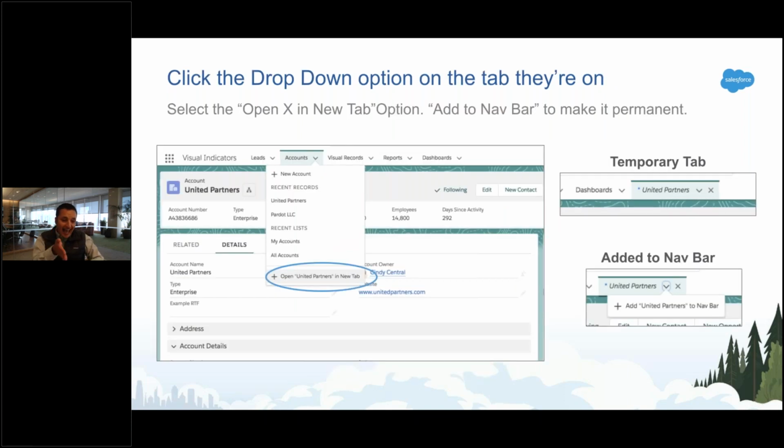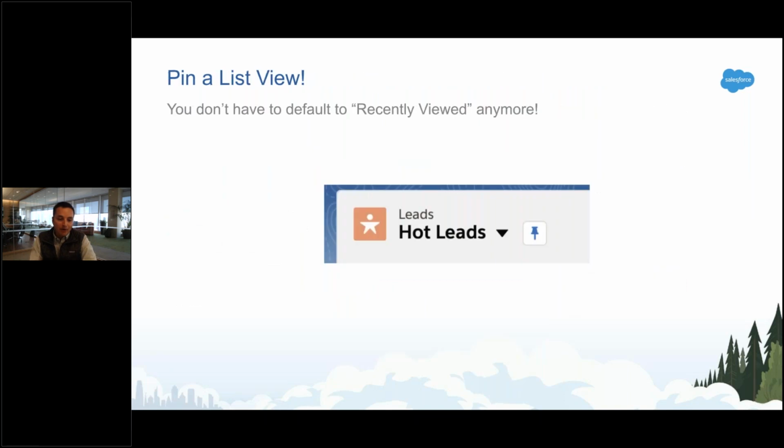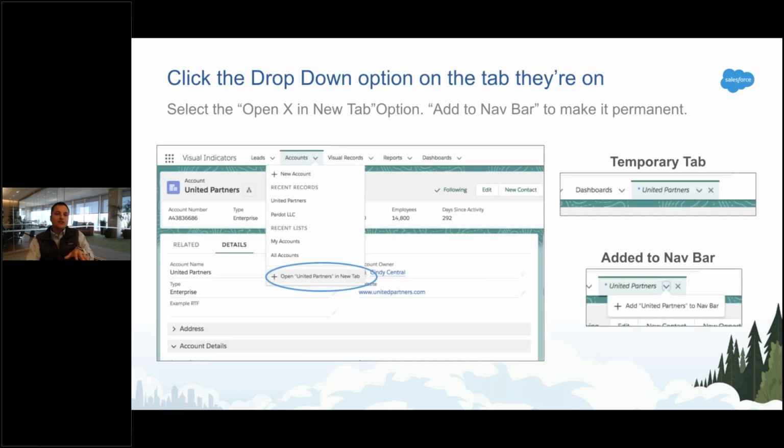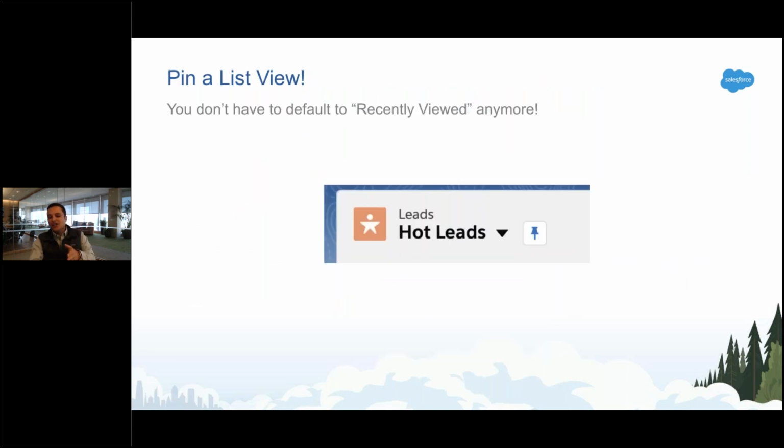Instead, when you're looking at a record, like I'm on the account page right now, you click the little arrow on the account tab, and there's a little item there for open this up in a new tab. Do that, and it opens up in a tab. Now that tab won't stay there forever unless you click it again and you add it to the navbar. That's like making it permanent, not permanent, but not making it temporary. Okay, it's a step above temporary. And a lot of times people do this just because they want to get a list view they like. They don't want to go to the leads tab and then change the list view all the time. This should have been its own